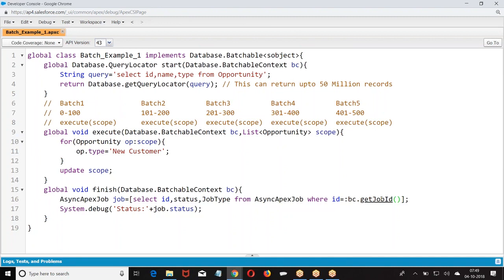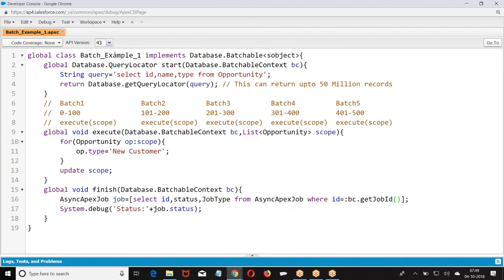How do you execute? Next, while executing, how do you define the size of the batch? You have to tell Salesforce to break the data into batches, and you have to tell Salesforce what the size of the batch is. Should Salesforce take its own default value, or are you going to tell it your size? To demonstrate this example, I have taken 100. But how do you tell Salesforce this is the size we require? At the time of executing a batch, we have to mention the size of the batch also.